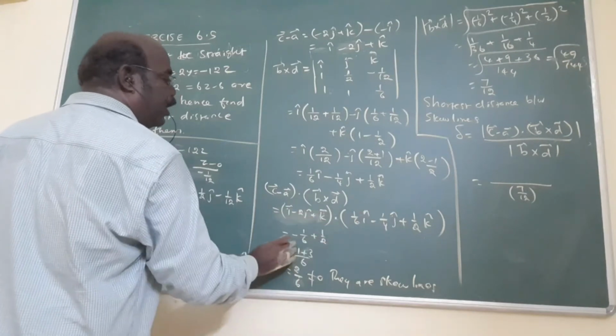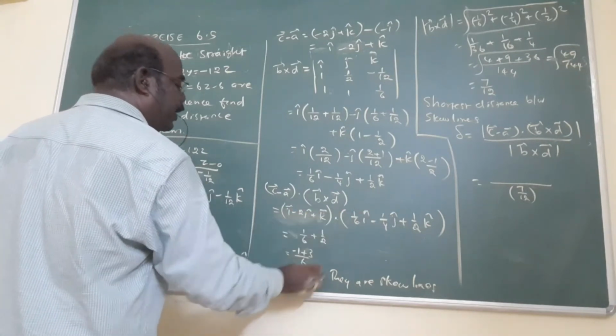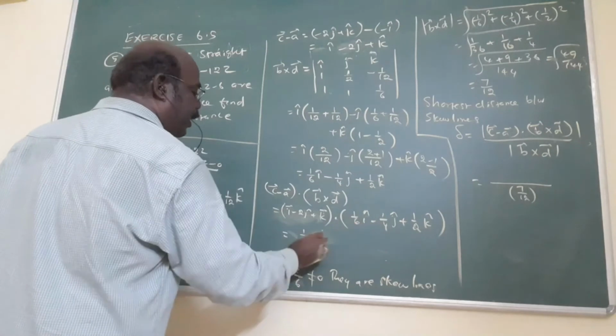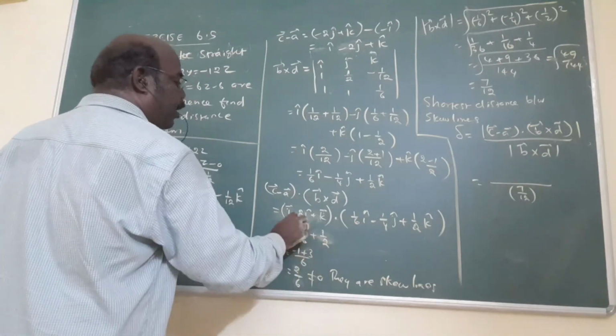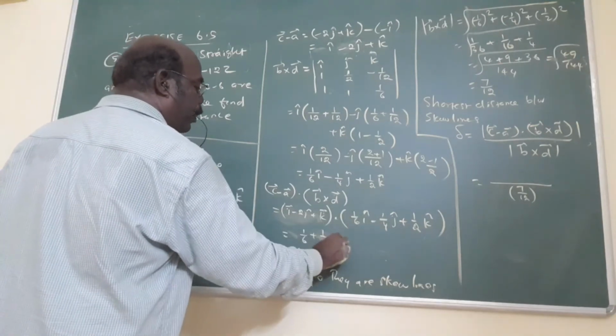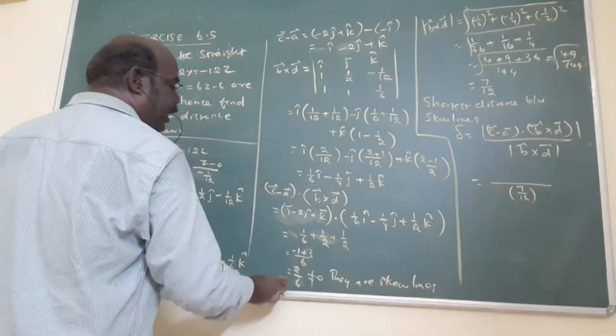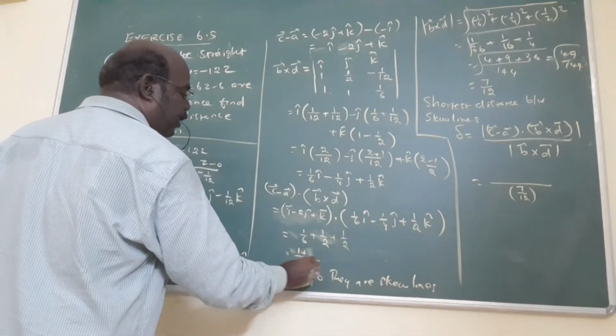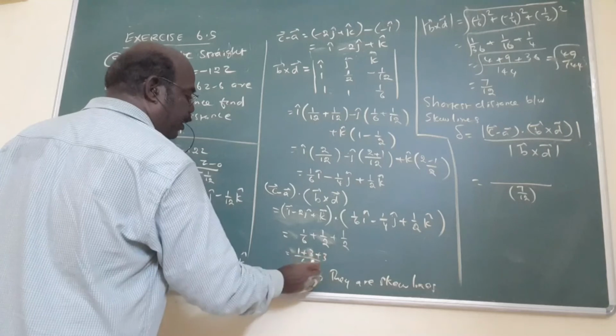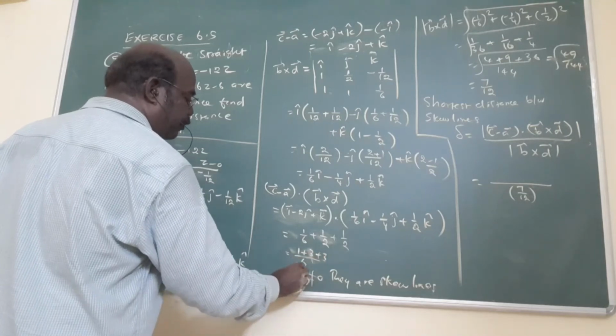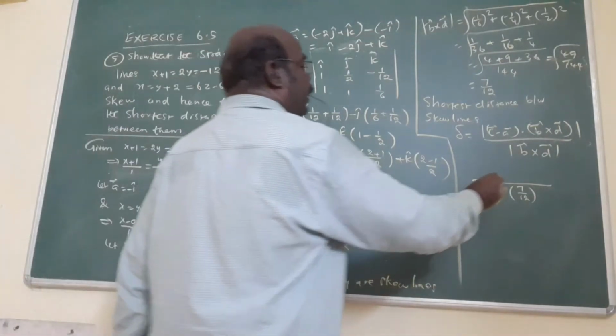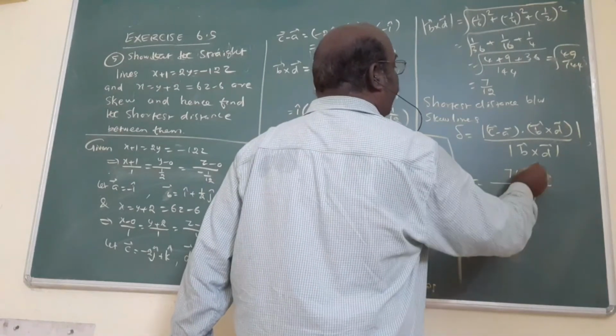Now I by, that is 1 by 6. J with J, minus into minus plus, here 1 by 2 will come. 2 into 1 by 4, no? 1 by 2. Now 6 is here, no? 1 plus, here, 3 plus 3, or 7 by 6 times. The answer is 7 by 6, the modulus.